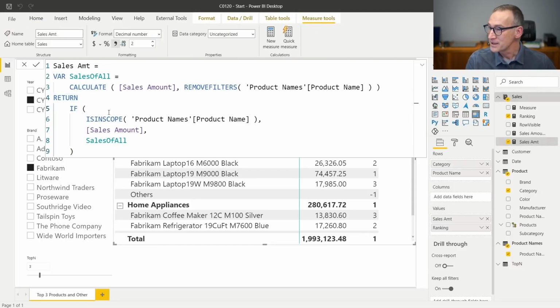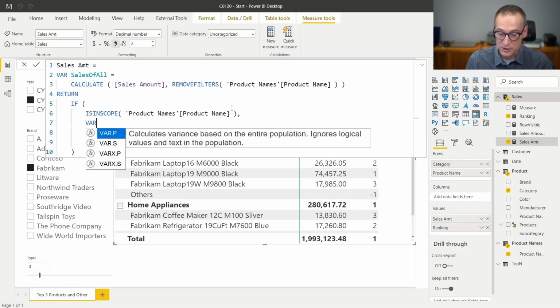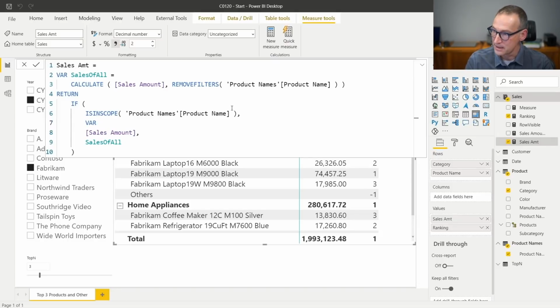Let's do that. That requires some time. So we are here, instead of this sales amount, we will need to start computing more variables. Let me reduce the font a bit because we need to write a ton of code. First of all, I need to retrieve how many products I want to grab, because I already have the sales of all. I need to compute the sales of the top 3, but I don't know what this 3 is. So I need a variable products to rank, which is my top n value. That will be 3 in my case.